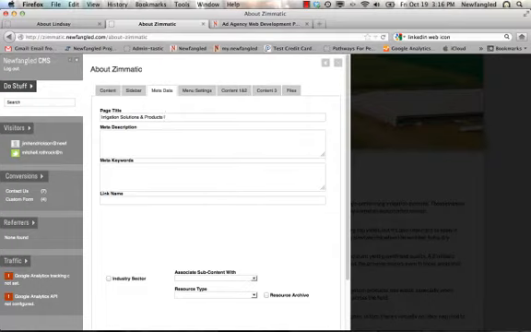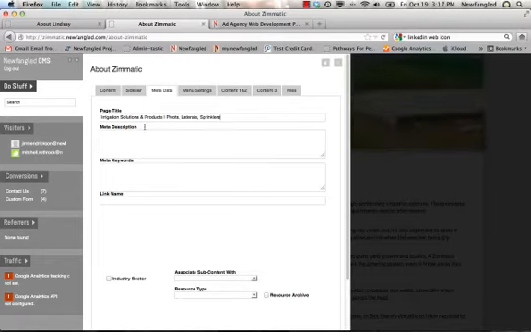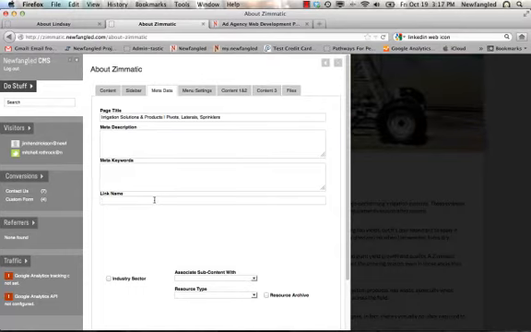I'll put a bar there, you can put a colon, and I'm going to say pivots, laterals, sprinklers, and you can keep going and listing them. I'll just do that for now. My link name, About Zamatic, is right now defaulting to the page title. If I wanted this to be something different, I could say about